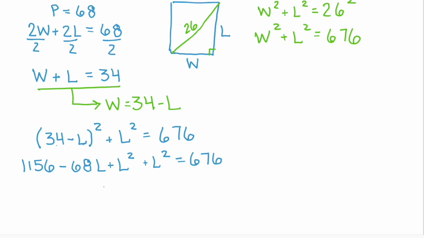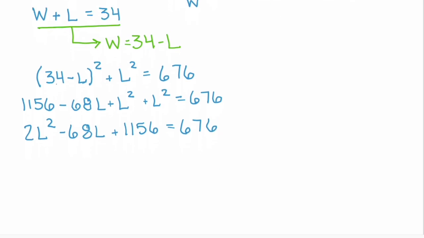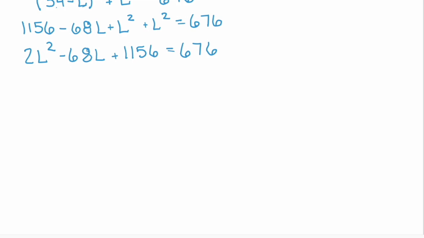Let's combine like terms and put it all in descending order. We'll get 2L squared minus 68L plus 1,156 equals 676. Okay, these are some big numbers. Don't get overwhelmed. Just keep on plugging through. Use your calculator. We want to subtract 676 from both sides because we want to try to get this into something we can factor. So 2L squared minus 68L